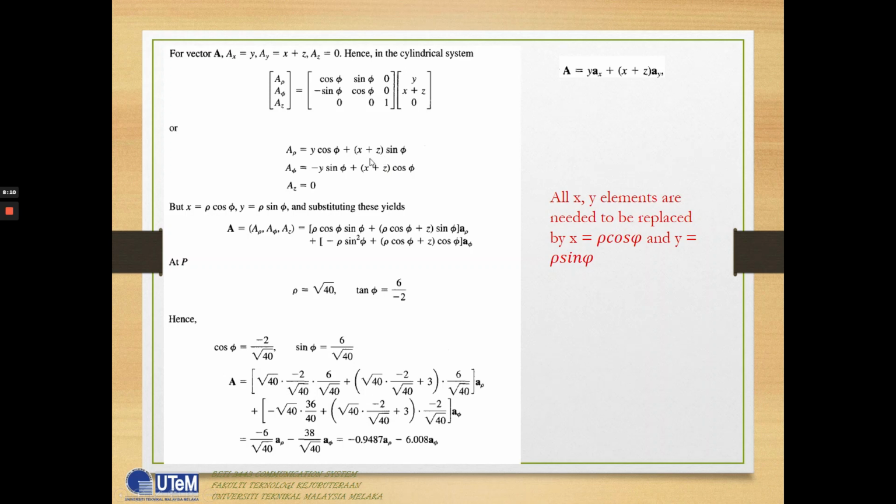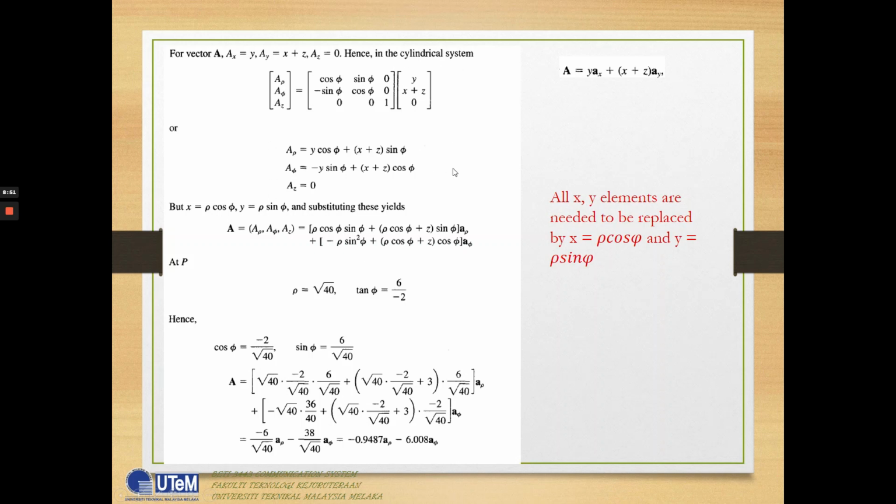but y, x and z needed to be converted also, because all these elements need to be converted to rho or phi. So x we know is equal to rho cos phi, and y equal to rho sin phi. So we put it here, and then this becomes a rho, the first one, this one. So this one a rho, the whole thing we replace with rho cos phi and rho sin phi, x and y. Since z, there is z value, still there is a z element here,